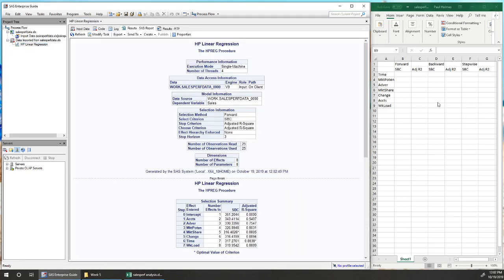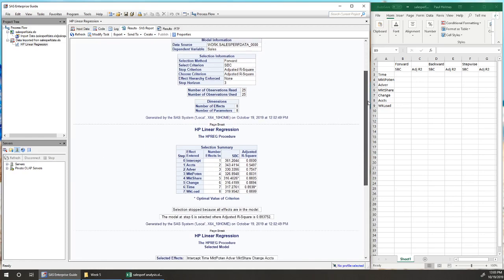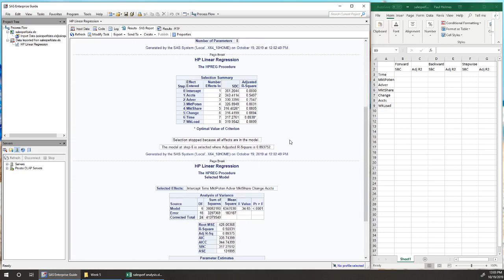Now you might notice over the side I've got an Excel spreadsheet open. I'm going to be using this to keep track of my results. Usually I would do this with pencil and paper, but I'm doing it in Excel here so that you guys can see what I'd be doing. So as I'm looking down here at the results from forward selection, I see that according to adjusted R², the